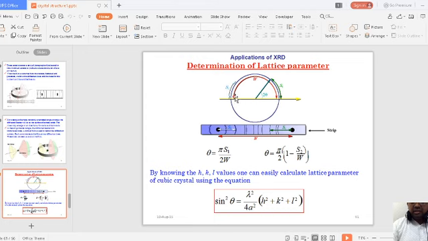You can see that this particular angle is how much? It is 2 theta. Here we are writing 2 theta. This distance from the reference point is called S1, and here it is S1 and S2. This is the incident and the transmitted beam. So by knowing all the HKL values, 2 theta plus 2 theta for the incident and the transmitted beam will give 4 theta.